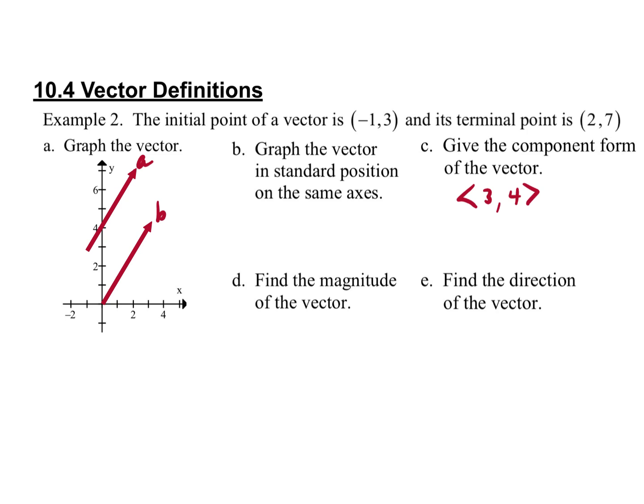Okay. Again, the magnitude is just r. So since I have x and y, it's the square root of 3 squared plus 4 squared, okay, which is 5. Or you can just know the 3, 4, 5. That's okay. And then the direction is going to be this angle. So in this case, we're talking about the arctangent of 4/3, which is